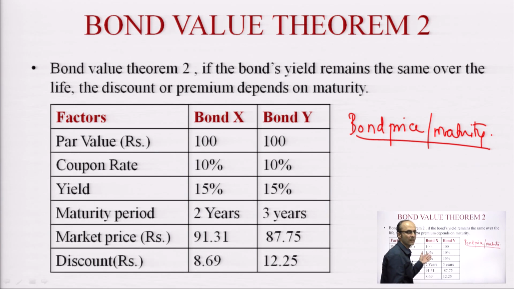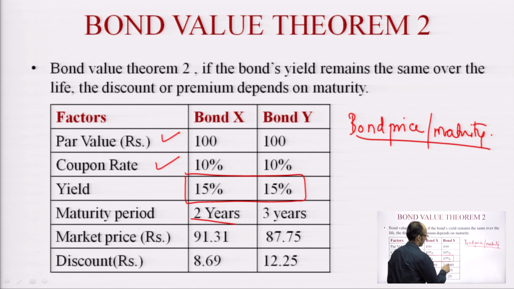Now we have taken again a simple example. We have taken two bonds, bond X and bond Y, having the same face value, the same coupon rates, and the yield that we have assumed to be the same, 15%. Now we can see here the maturity period for bond X is 2 years and the maturity period for bond Y is 3 years. Now with the help of the formula that we have just discussed, for calculating yield to maturity, we can also find out the intrinsic or the current market price of the bond. Through that formula I have already calculated for your convenience, if we calculate on these parameters, we have 15% as yield,